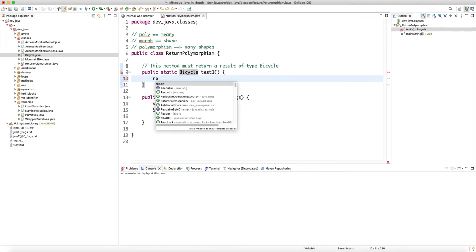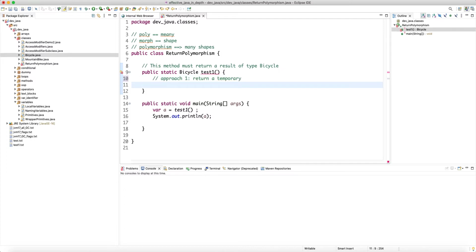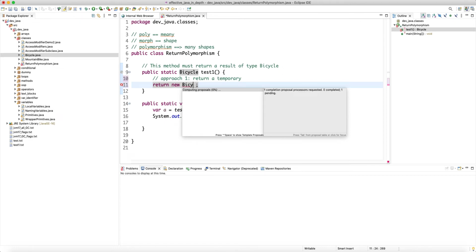So let's say we create a, we can directly return a temporary. So approach one is to return a temporary. What this means is that we directly write the return statement, and if you recall from the lectures, we can put any valid statement or expression after the return, and it gets executed first, and then the result of that execution is returned, right? So we can put anything, and obviously a valid statement is invoking the new operator on the bicycle, for example, right? So bicycle,